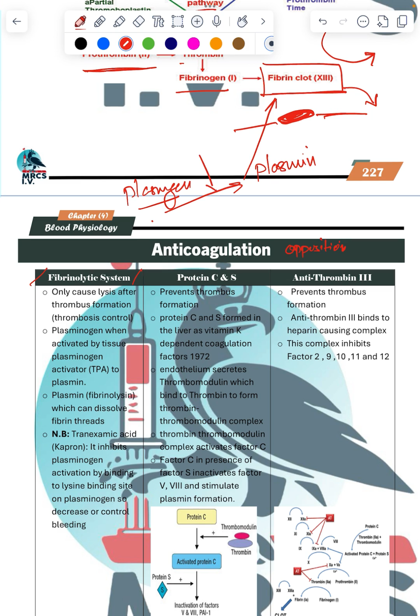to prevent this, you give tranexamic acid. Tranexamic acid is a drug which prevents breaking of the clot. If you have plugged it and you don't want this plug to be removed, naturally this plug is going to be removed by the body through plasmin. So if you give tranexamic acid, most of the time we are doing surgeries, that time if you want that clot to remain for longer time, you give tranexamic acid, ethamsylate, like that. It prevents plasminogen from converting into plasmin, then plasmin cannot act on the clot, so clot remains for a longer time. This is one way of preventing